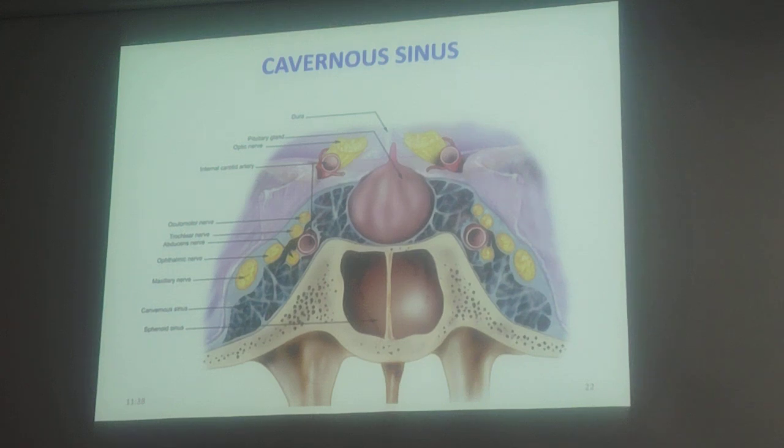The oculomotor is also a very peculiar nerve. On the outer side of the oculomotor nerve are the fibers supplying the intraocular muscles, the ciliaris and the sphincter pupillae. In the inner part of the oculomotor nerve are the fibers which supply the extraocular muscles. So superficially located are the parasympathetic fibers, deeply located are somatic efferent fibers. Therefore, external pressure on the nerve will result in pupillary changes,